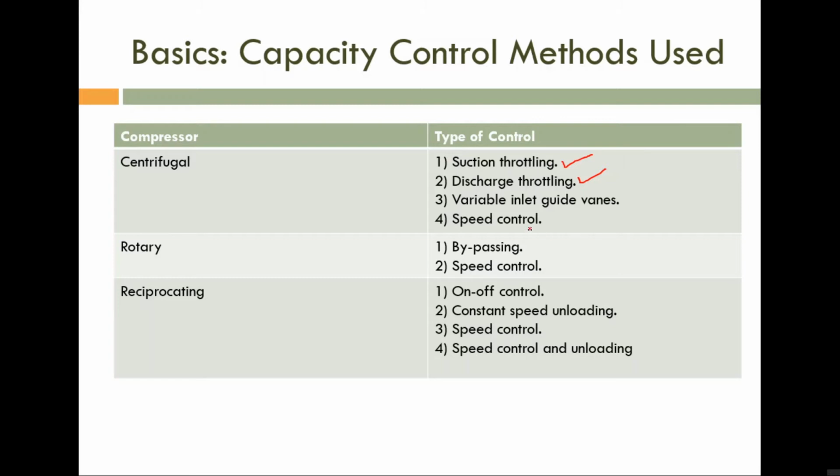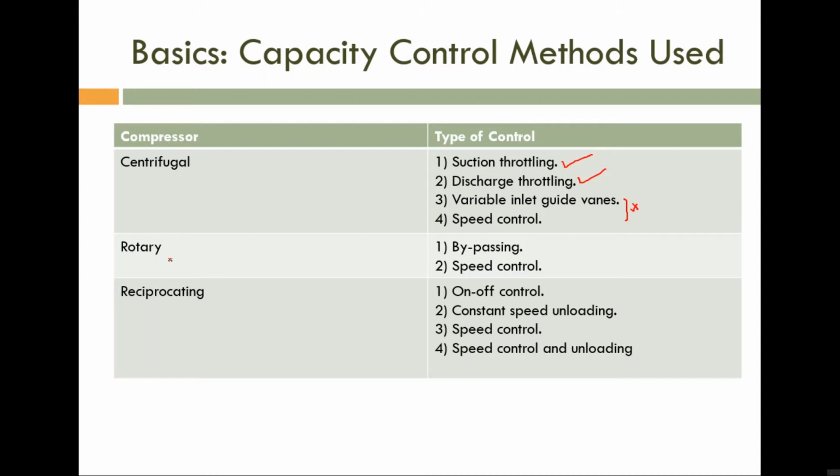Then variable inlet guide vane; we are not going to discuss these two. We are discussing suction throttling and discharge throttling, then surge control and anti-surge control along with them.